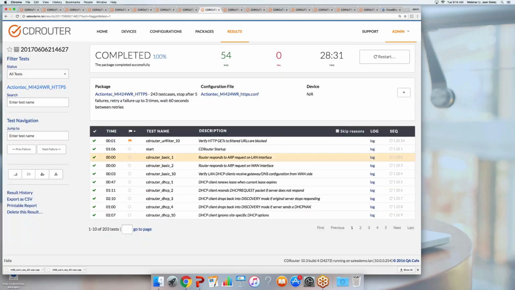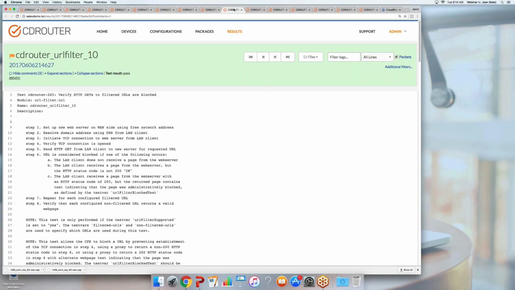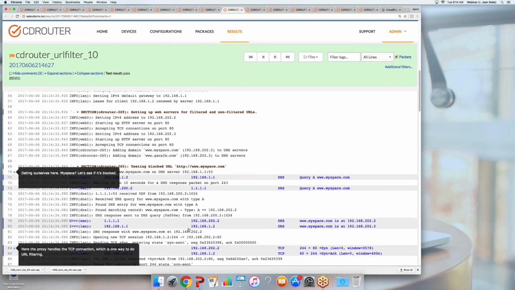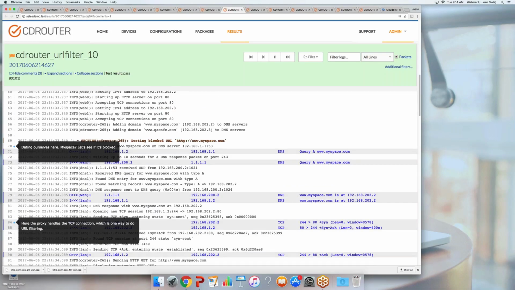Next, I'm going to show you, so a lot of people are implementing parental controls. And so this is sort of a security function from the user perspective, not necessarily an exploit, right? Just like a firewall. So this is something that the user expects to work correctly. In this case, we've set up some URLs that we want blocked. We're kind of dating ourselves here because we used myspace.com. I'm surprised that it even responds at all. Does MySpace even still exist? I'm not sure. Anyway,